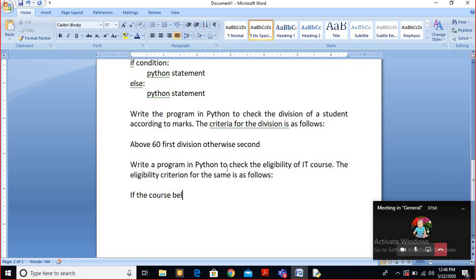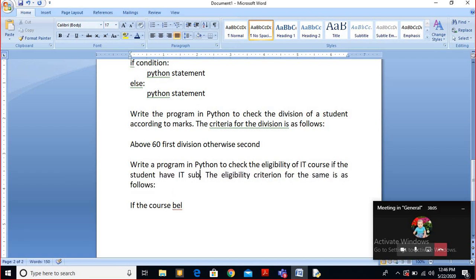Wait a minute, write a program in Python to check the eligibility of IT course if the student has IT subject in any class. The eligibility criteria for the same is as follows.